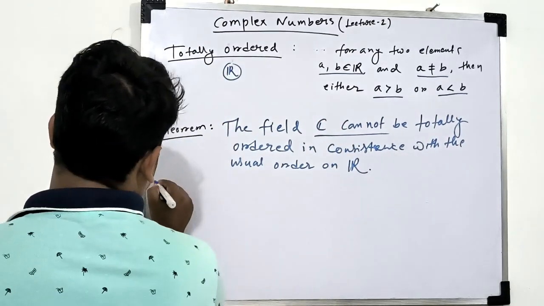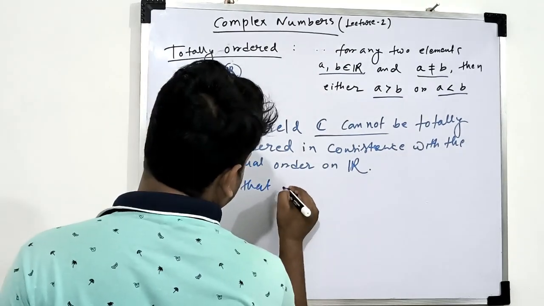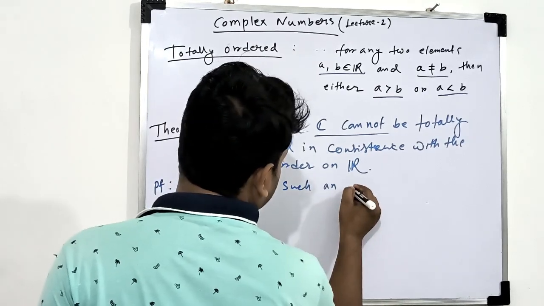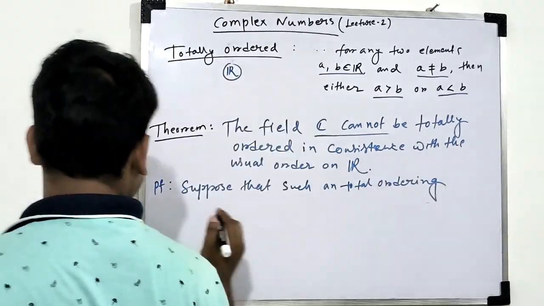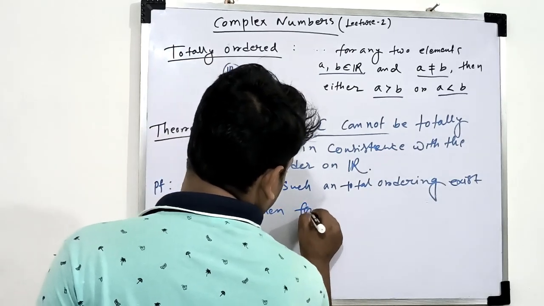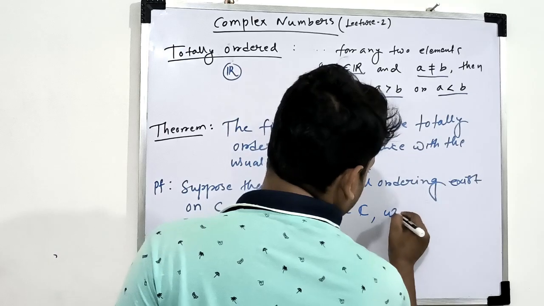To prove this, we first suppose that C is totally ordered, that is, suppose that such a total ordering exists on C. Then for i belonging to C, we would have